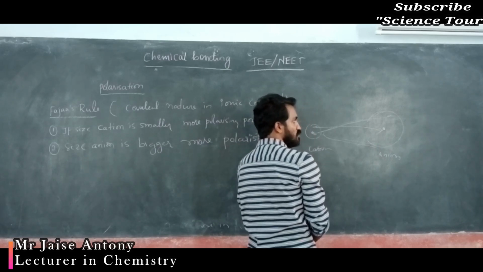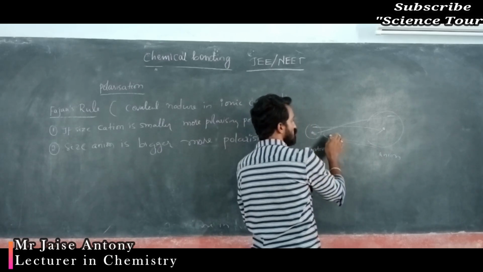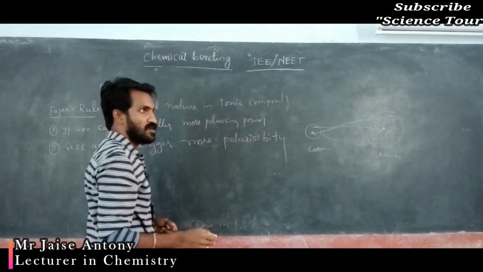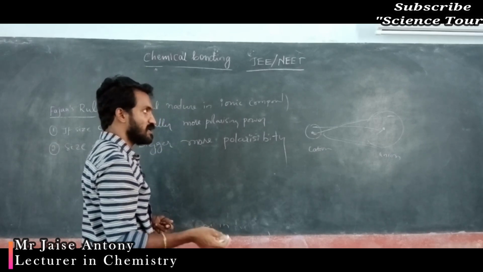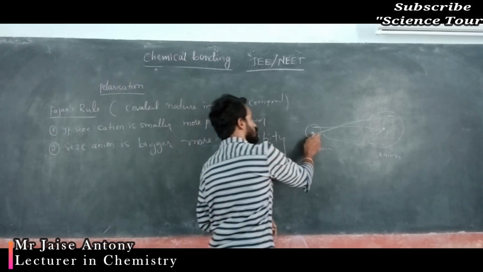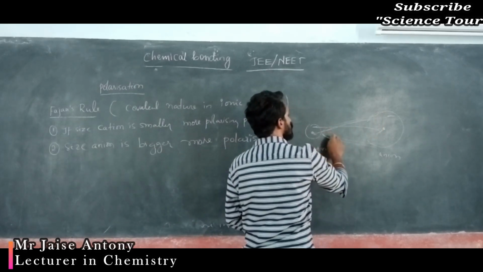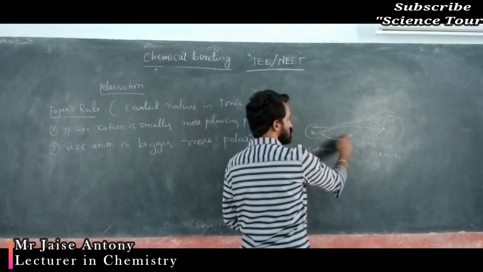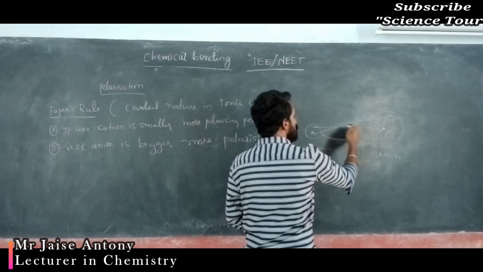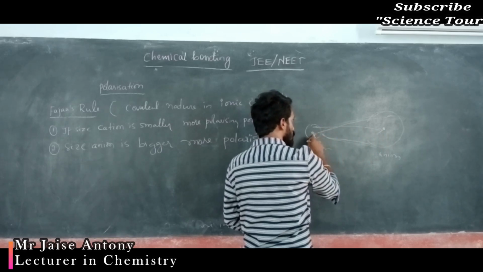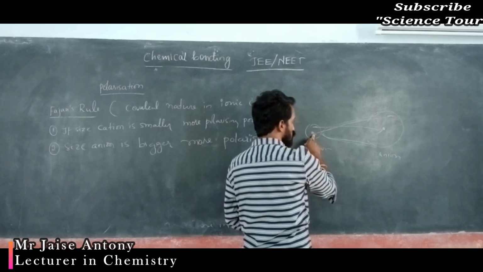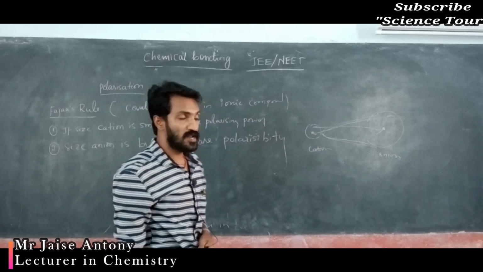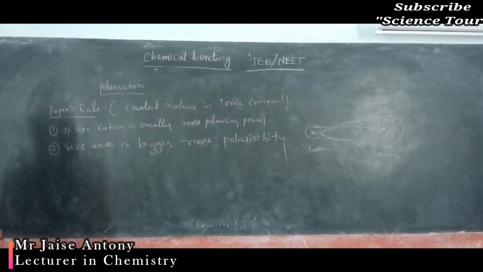So this electron gets more attracted towards the nucleus, and it forms a bond. During bond formation, even if it is an ionic bond, it actually shows covalent nature, a sharing of electrons. So the smaller the size of the cation, the more the electron cloud gets attracted towards its nucleus. So polarizability is more, as the anion's electron cloud gets polarized towards the cation, and the power of the cation to polarize the electron cloud is called polarizing power. Understood, my dear students? Okay.